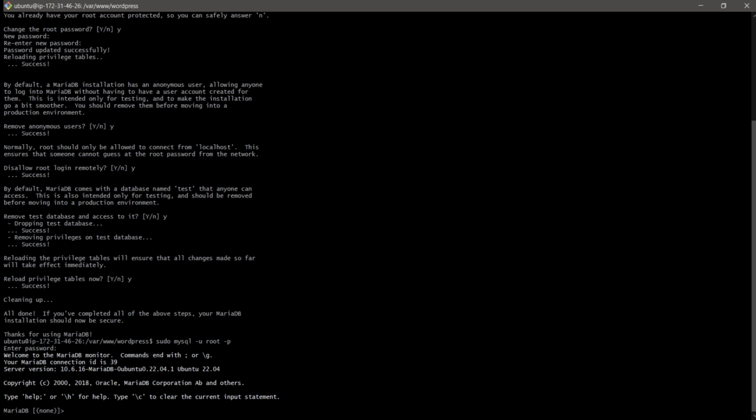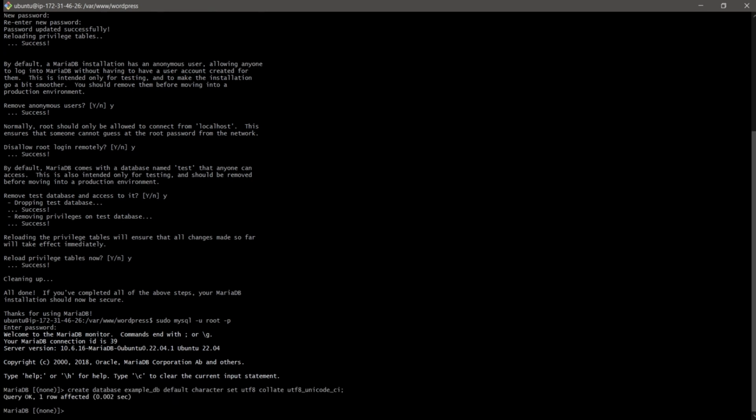So we'll create a database, and we'll call that database example database. So create, okay. So you've created your database now. Then we'll create a user, and the username will be example_user at localhost,